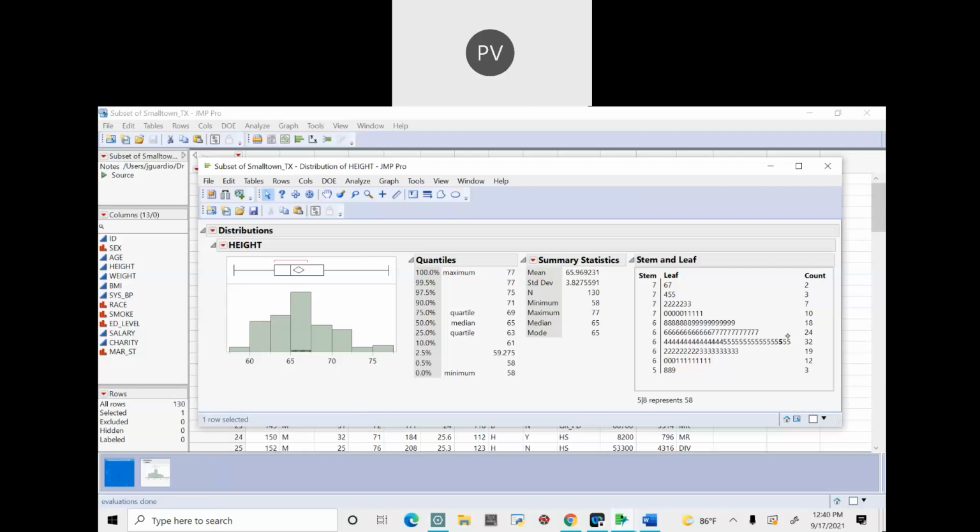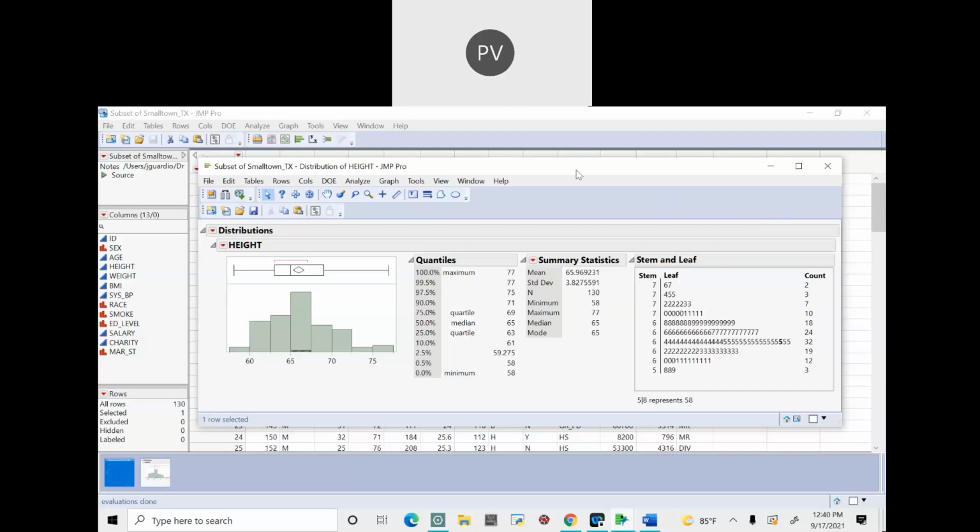So the objective of learning JMP is to know how it works and what all we can do there. When you can do it for a subset, you can definitely do it for the entire population, right? So when you're starting from the zeroth level, you have to do it from a subset. That's why we insisted you do a subset instead of the entire population. If you do it for the entire population, the graph would be very lengthy and you would get confused, right? And that's why we did the subset.